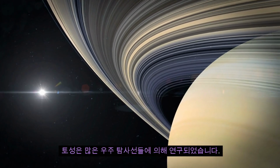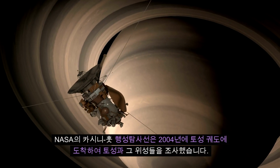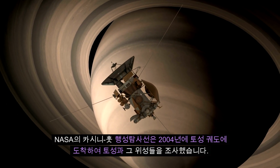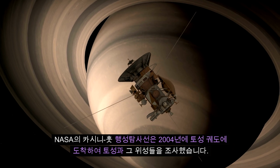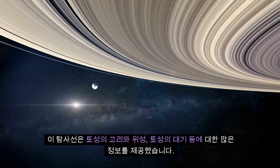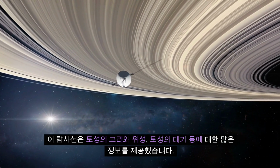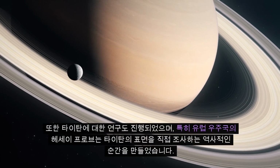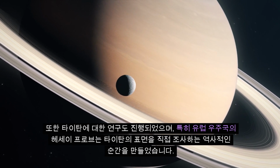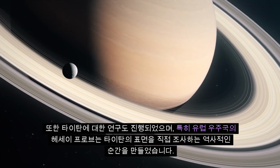Saturn has been extensively studied by various space probes. NASA's Cassini-Huygens spacecraft arrived in orbit around Saturn in 2004, conducting thorough investigations of Saturn and its moons. The Cassini spacecraft provided valuable information about Saturn's rings, moons, and atmosphere. The mission also included research on Titan, with the European Space Agency's Huygens probe making a historic landing on Titan's